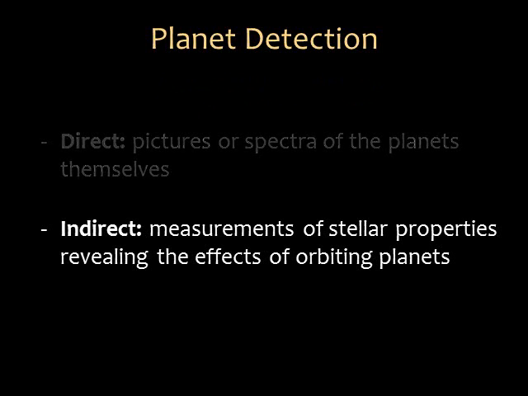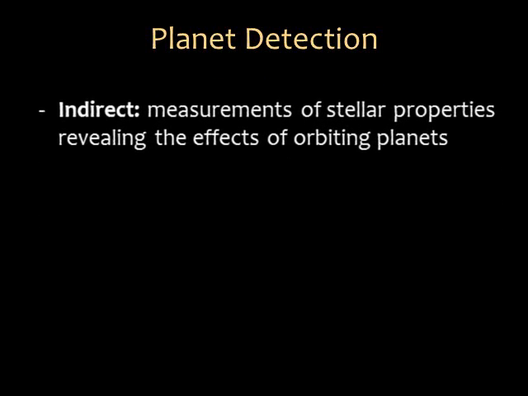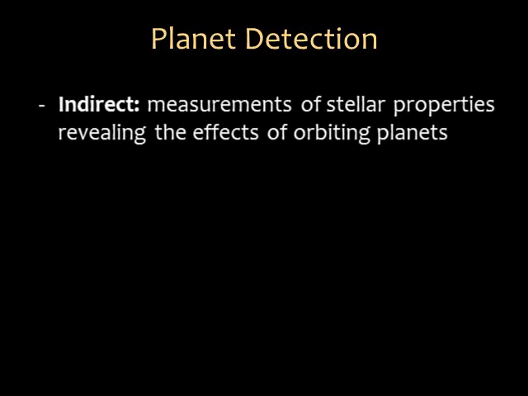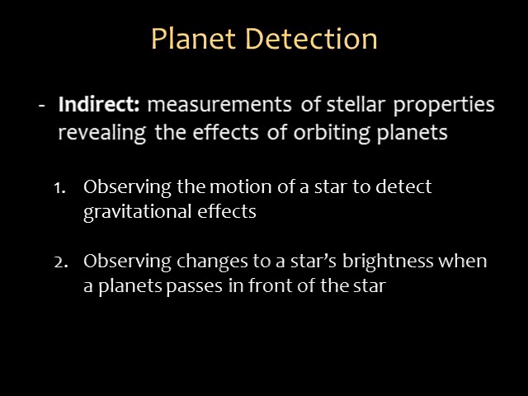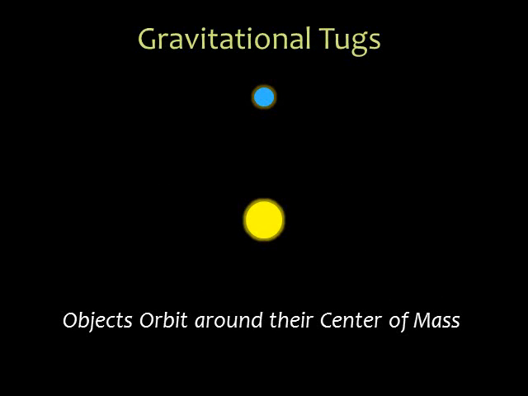Under the indirect umbrella, there are two major approaches to finding and studying extrasolar planets. First, we can observe the motion of a star to detect the tiny gravitational effects of the orbiting planets. And second, we can observe changes in a star's brightness that occur when one of its planets passes in front of the star. The first indirect approach, the gravitational one, is possible because stars and their planets orbit around a